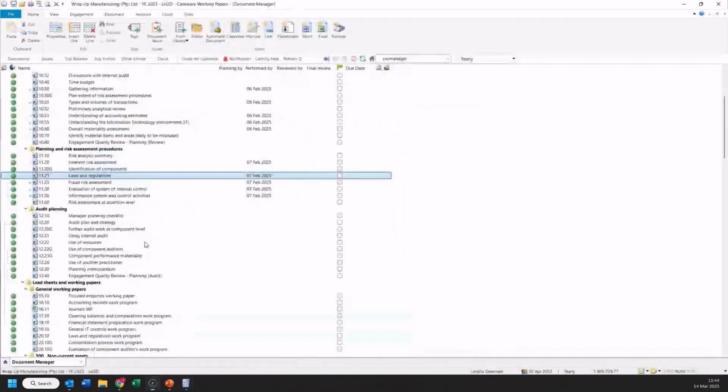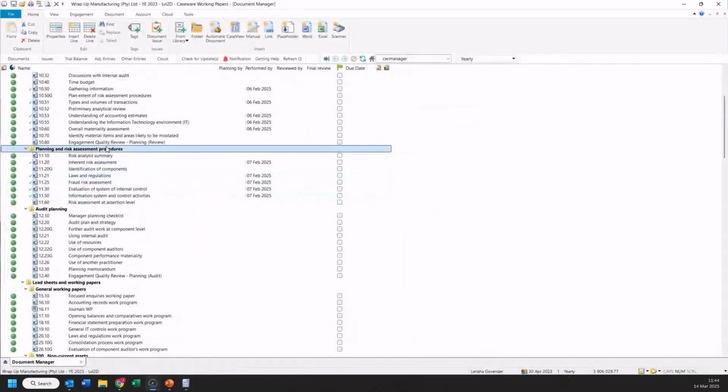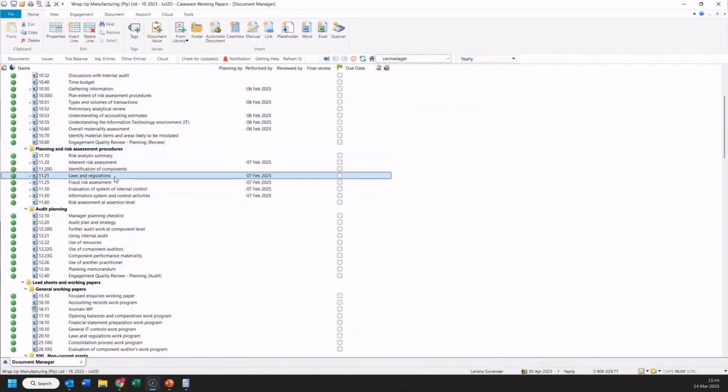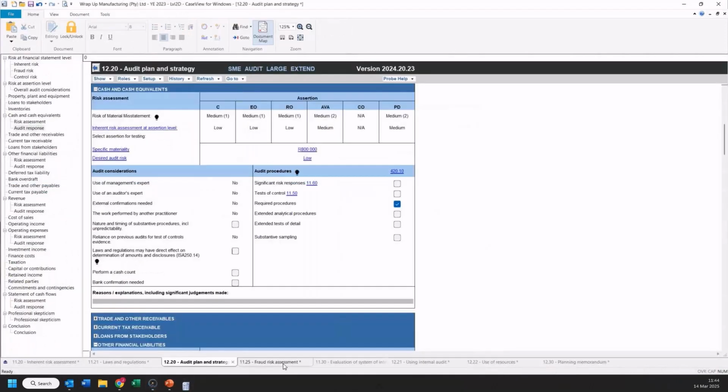If I go back to my document manager, planning and risk assessment procedures, we were busy with laws and regulations. So next up, we have the fraud risk assessment. And what did we learn today? We've got our fraud triangle. So in 1125, which is the next document,